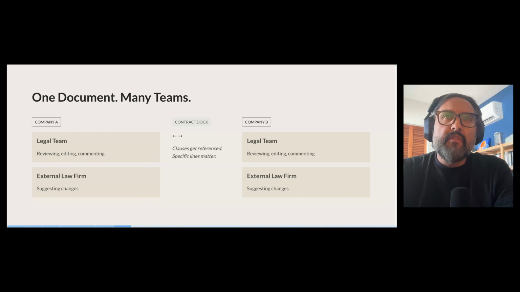So what actually happens to that document? The document's going to get passed around, right? There's going to be different versions of the document, internal, external. They're going to get passed from one company to another. And all of these people might be on different systems, like Windows or Mac OS, and some might be using Google Docs, and some might be using something else. And here's the important part. Even when the words stay the same, the document can change.